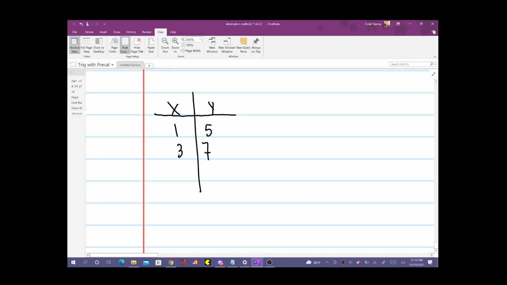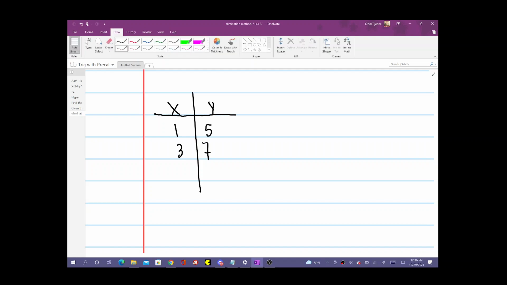So remember that in terms of the side for y, the slope m equals the change in y over the change in x. In reality, what we're going to do is see how much we have to go from 5 to 7? That's going to be plus 2. And from 1 to 3? That's going to be plus 2. So the change in y,